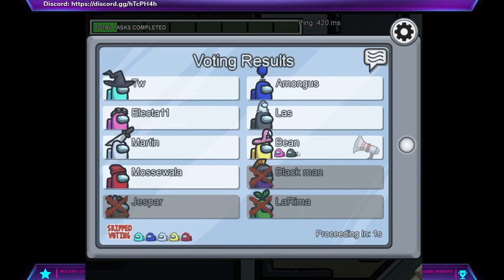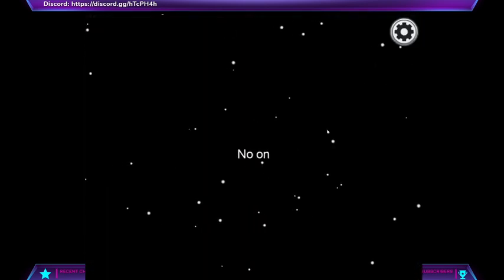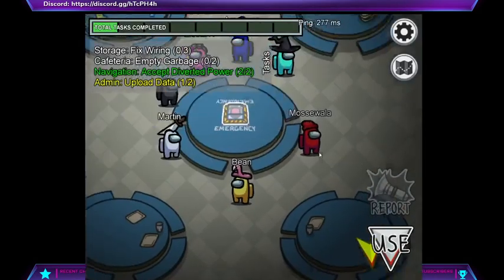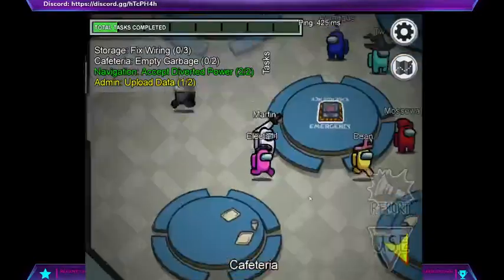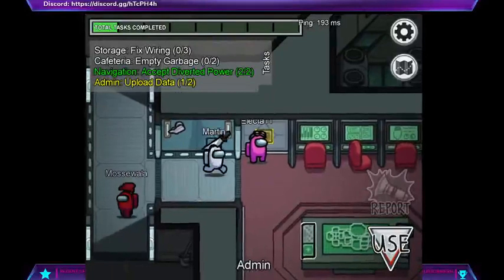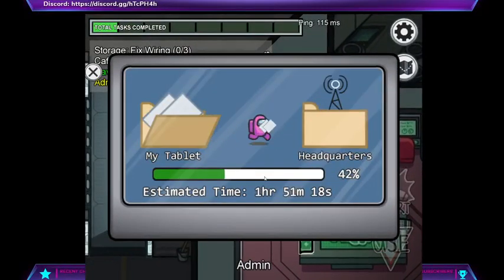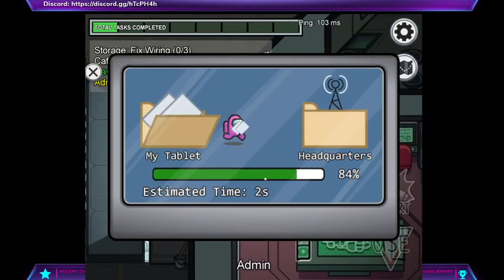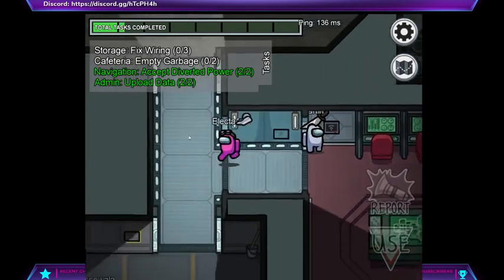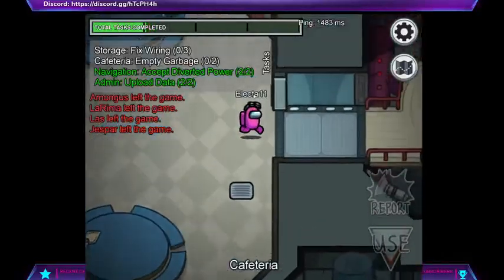So only black and I voted for yellow. Because most people skipped the vote, he was not ejected. This is how voting works. The person who gets the most votes, who is the most sus or suspicious, gets kicked off the spaceship. So now I'm going to go do the...